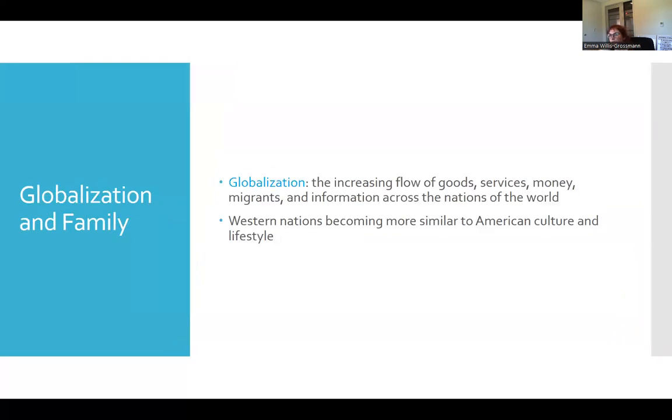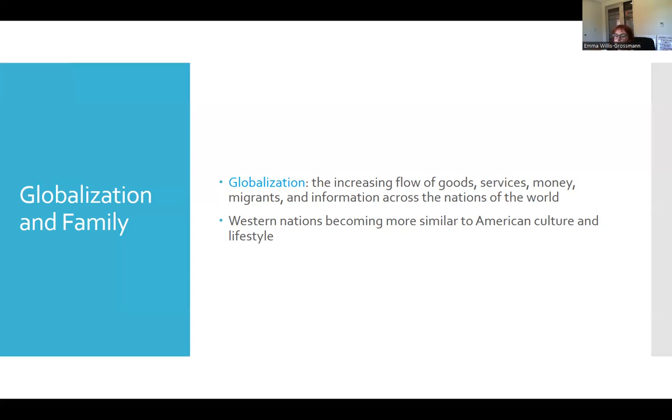Now that we've gone over theory, definitions, and science, let's talk about other factors or phenomena that can impact how we understand families. So globalization has become prevalent in our everyday lives. For example, most of our clothes, shoes, cars, and other goods tend to be manufactured and crafted in a country outside of the United States. In the United States, we tend to hire migrant workers to do labor that people in our country tend to shy away from. Globalization is just a major part of our lives now, and it's changing how families